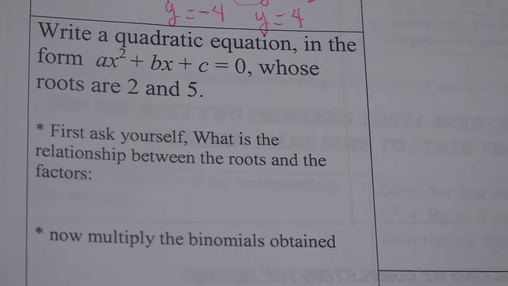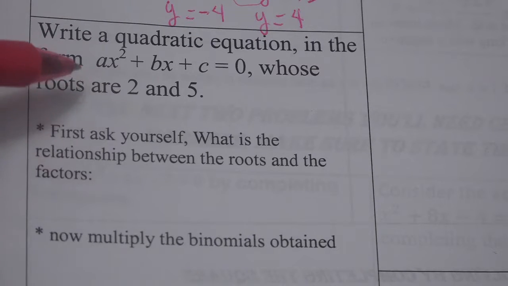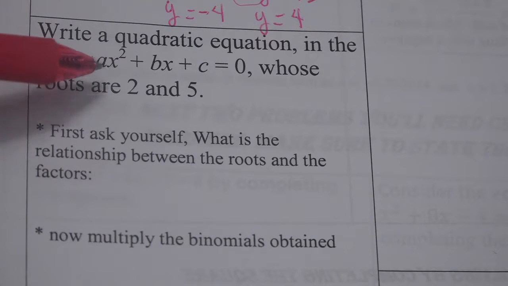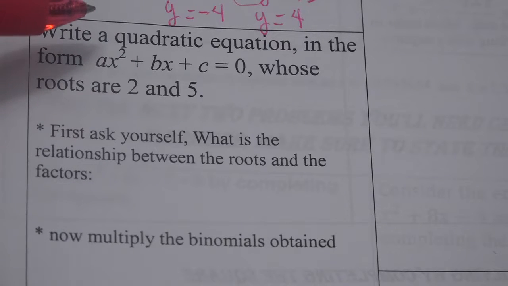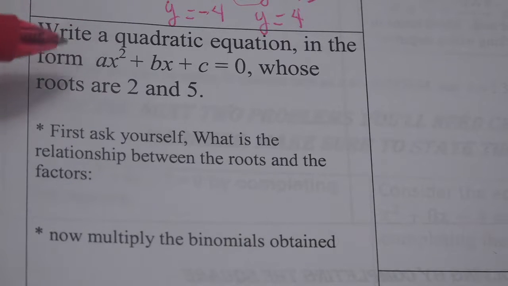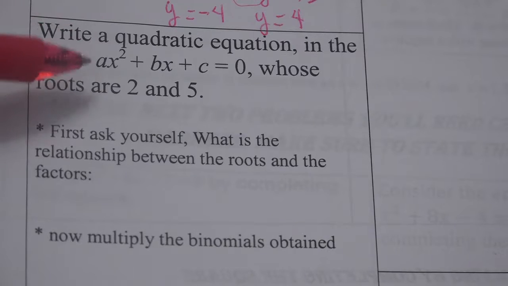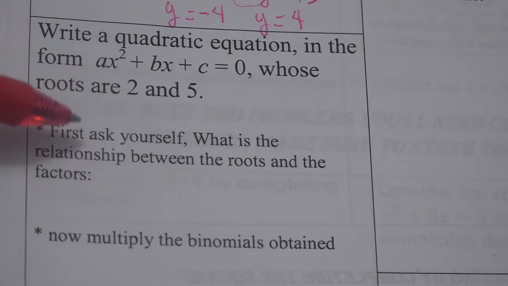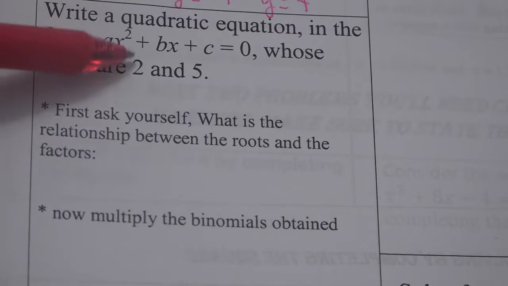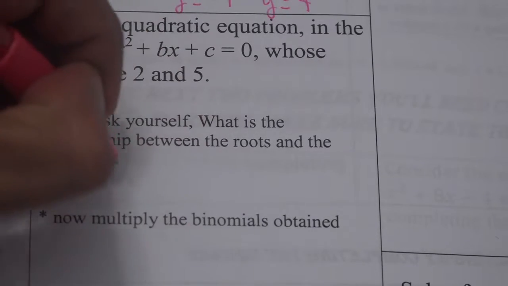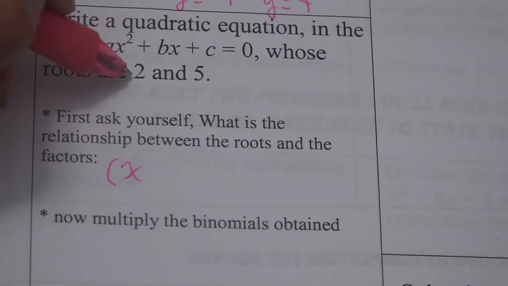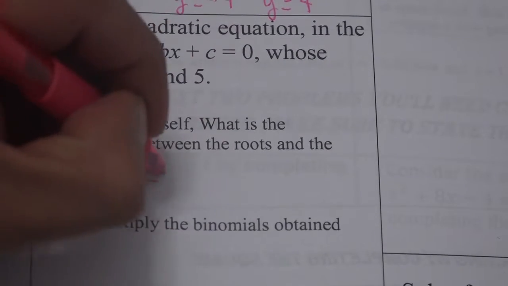Well, remember what we said about the relationship between the roots or solutions or x-intercepts and the factors? Sure. So then, first ask yourself, what is the relationship between the roots and the factors? Well, they're opposite to each other. So I already know what the factors are going to be. The factors are going to be x minus 2